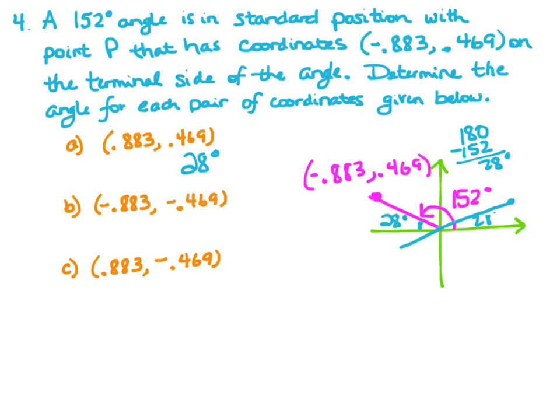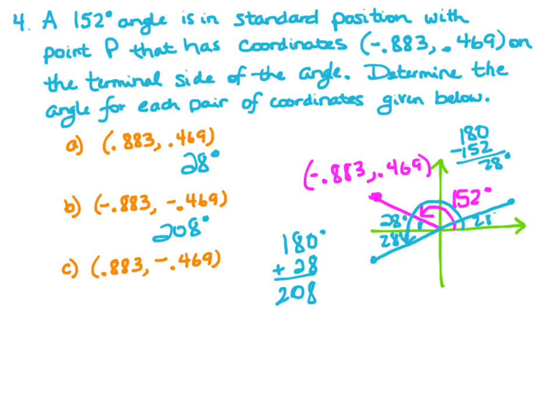So I'm going to draw this same angle down into quadrant 3. My reference is still 28 degrees, so to find this angle, I need to do 180 degrees plus the 28, because that's what's going to get me all the way to here, 180 plus 28. And so this would be